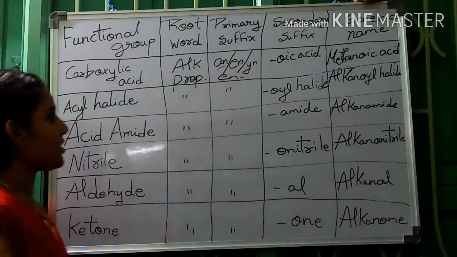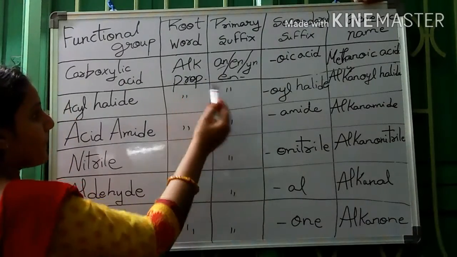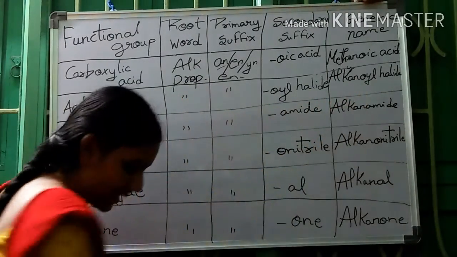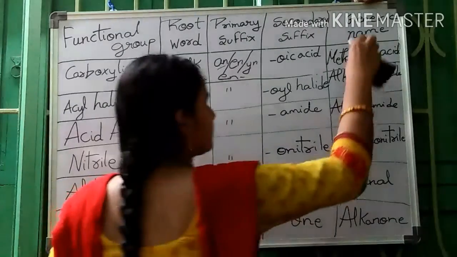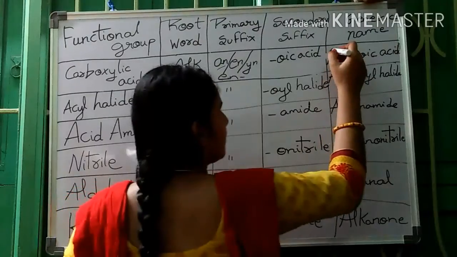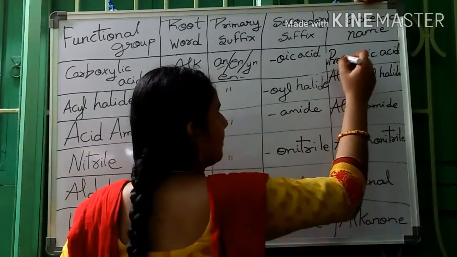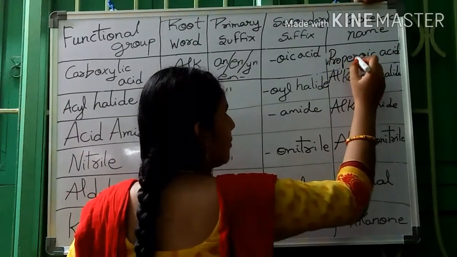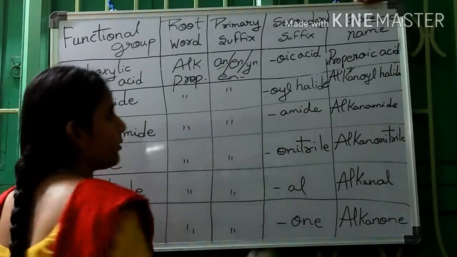Propenoic acid. Its formula would be like this: